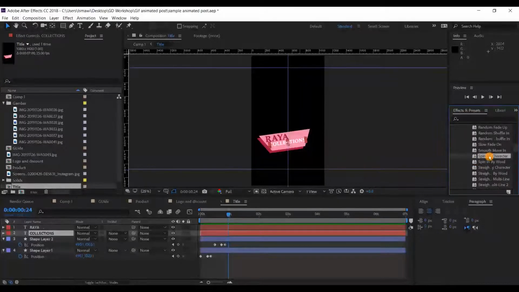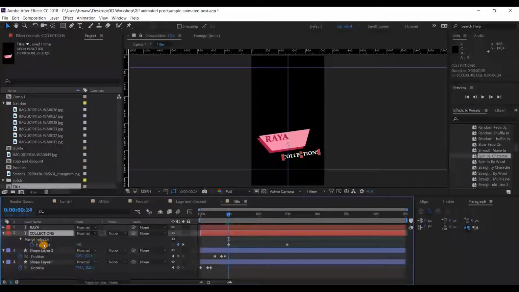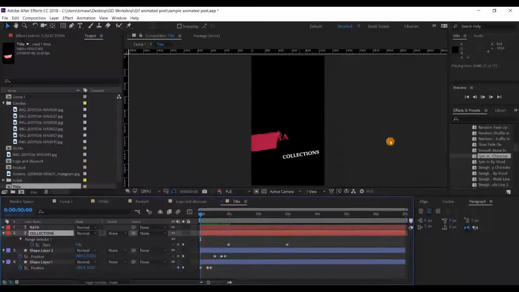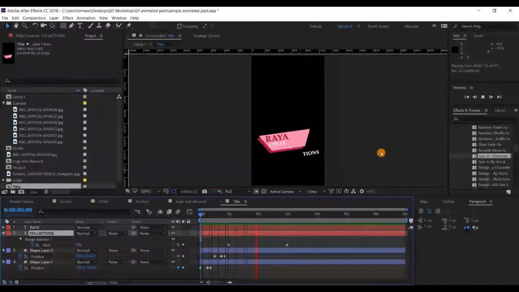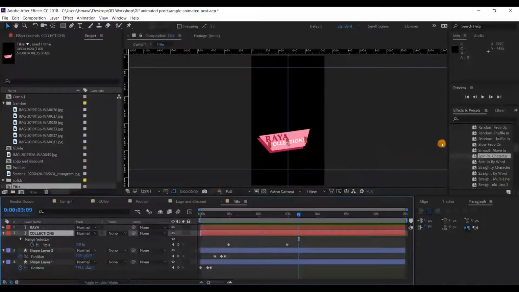So we're going to select the effect, click and drag to our text, where if we select our collection layer and press U, we can see the keyframes of our text animation. So when we play it, it will look something like this lah. Okay, so this is by default. You can play around, just click and drag and bring it to your element or your text. Let's say this one is not that nice, so we're going to undo.